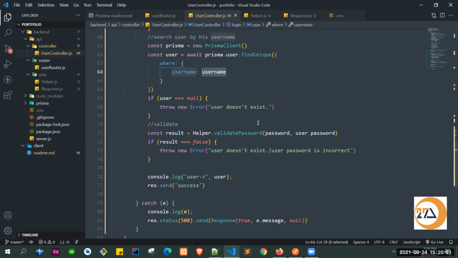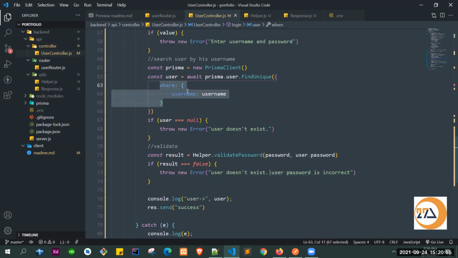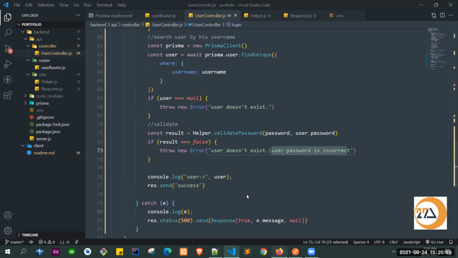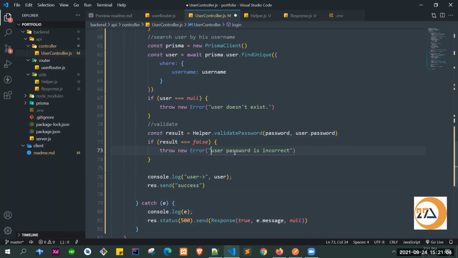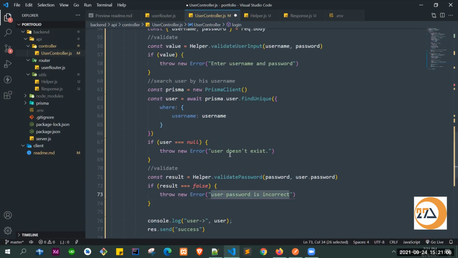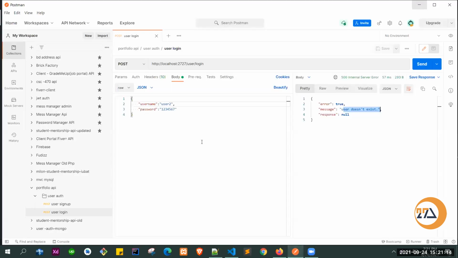So whenever the password is wrong, we can just say that you are already our user, your password is wrong. You can try to click on the forgot password button, and you will recover your password. So that's what we are passing. Whenever we don't have a user, at that time we are not saying that the username is wrong, we are telling that the user doesn't exist.